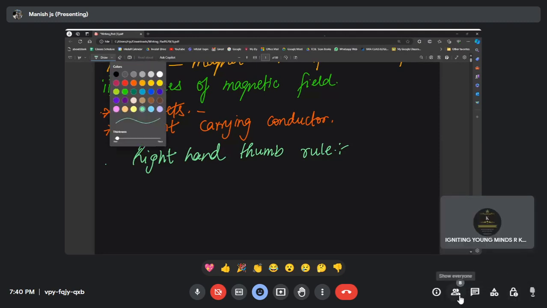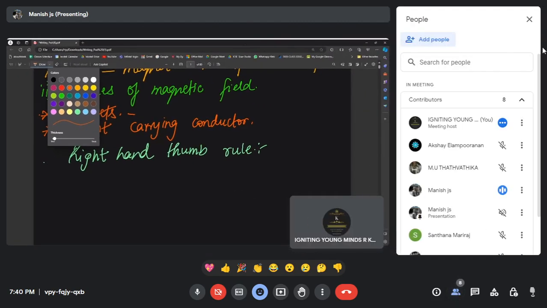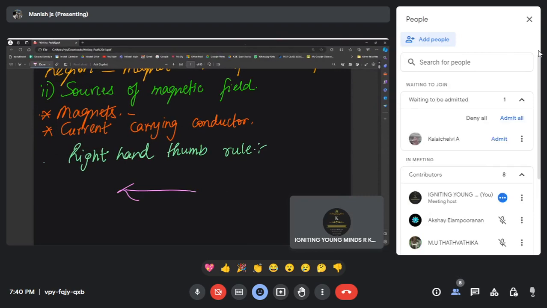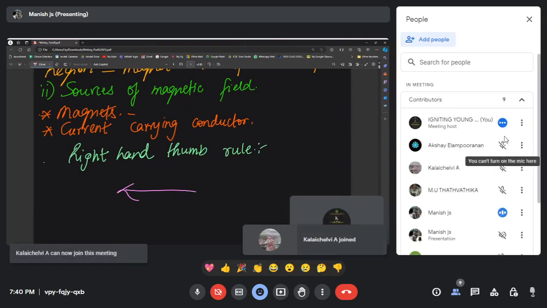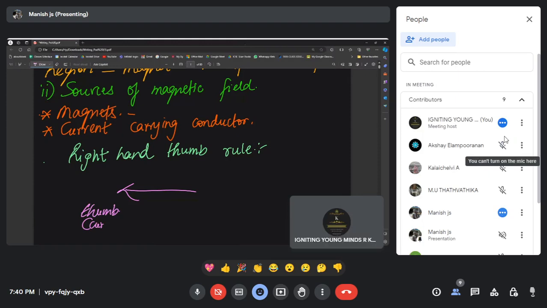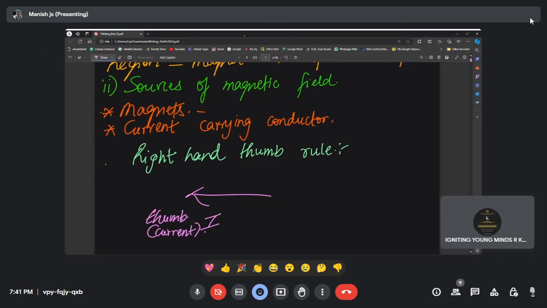So imagine this is the right thumb. I'm using an arrow mark representation for the same. The thumb is aligned in the direction of current, so I'm writing here thumb. We have the current carrying conductor showing the direction of current. You all know the symbol for current is I. Now the remaining four fingers which are going to coil around the thumb are represented using